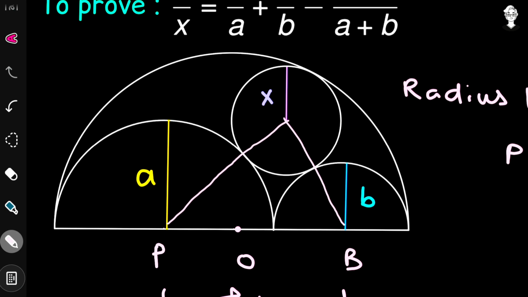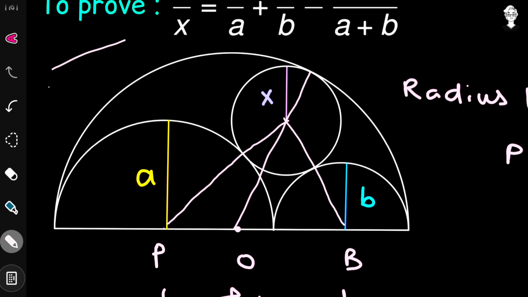Okay. As it has been given that this complete circle is tangent to this biggest semicircle, and in this particular case it is internally, and we have just seen that the theorem works even when the circles are tangent internally, if I draw a line segment from the center of this biggest circle, that is the point O, passing through the center of this circle and the tangent point, these three points are going to be collinear, meaning they are going to be on a straight line. So here we have drawn all the required line segments. Now let us calculate their lengths.